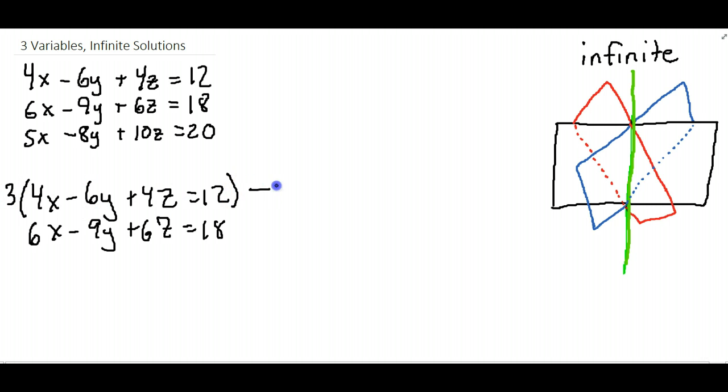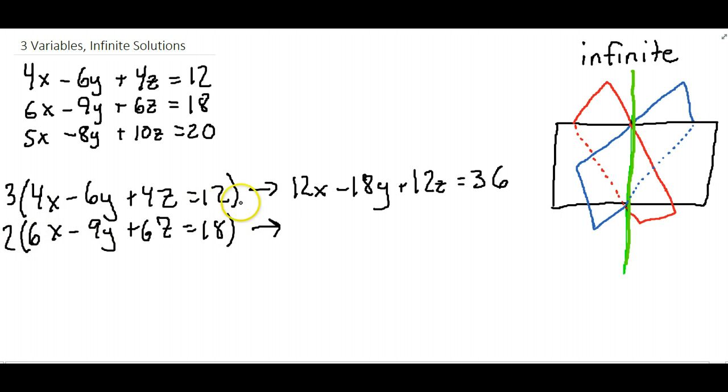So we get 12x minus 18y plus 12z equals 36. Then the second equation, we have a 6x. So we need to multiply the entire equation by 2 to get a 12 as our x value. So when we do that, we get 12x